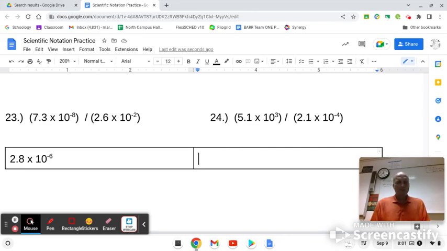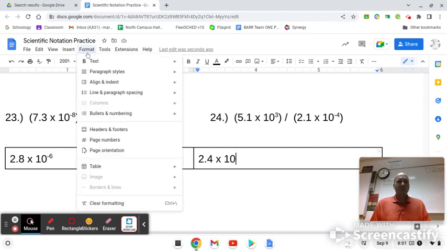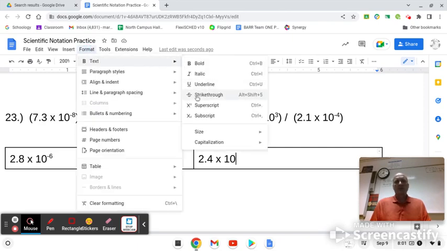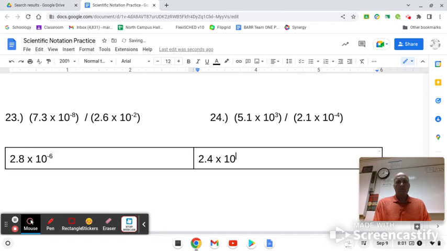5.1 divided by 2.1. My calculator tells me 2.4. All right, now I subtract the exponent. Once again, I'm subtracting, so 3 minus a negative 4. 3 minus a negative 4, when you subtract the negative, it's adding. So 3 minus a negative 4 is 3 plus 4. So that's going to be 7. Number